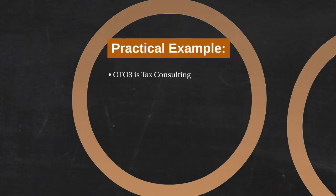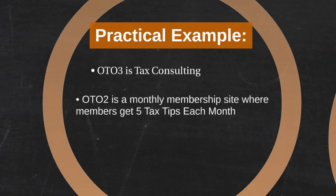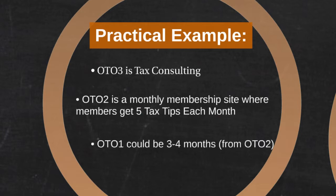So another practical example. OTO 3 is tax consulting. OTO 2 is a monthly membership site where members get 5 tax tips each month. And then if you have another one-time offer before that, which could be one-time offer 1, you could take a piece of that membership site, take maybe 3 to 4 months and create a one-time offer number 1. So you see how if you go forward here, it makes sense. If I'm being offered 3 to 4 months of a membership site, and then I get here